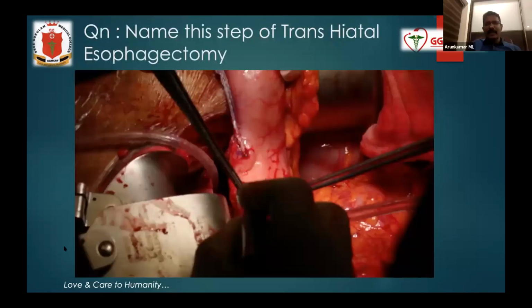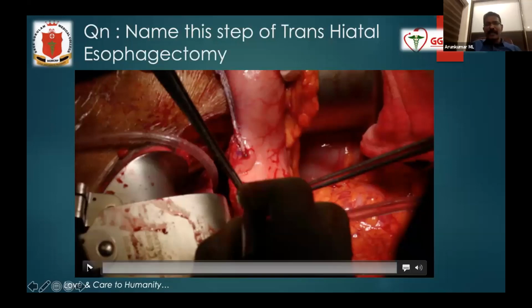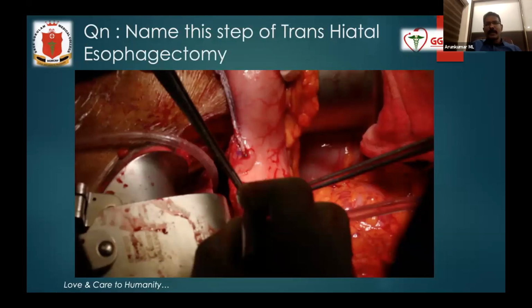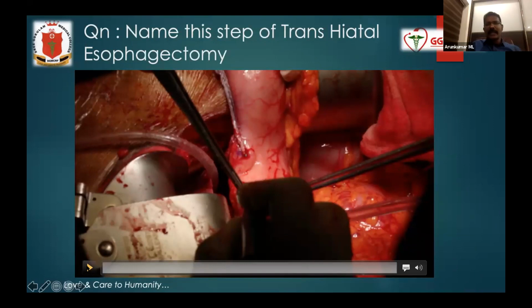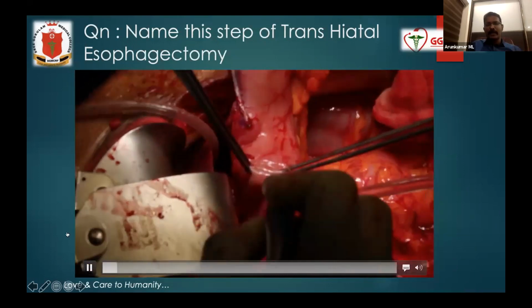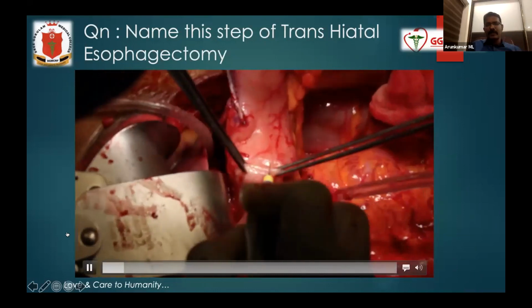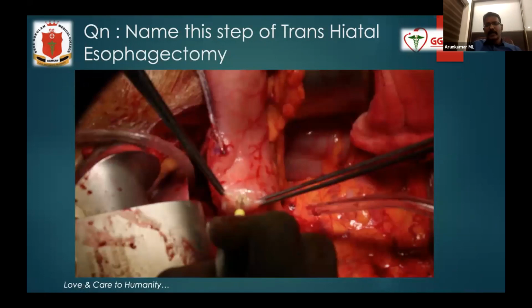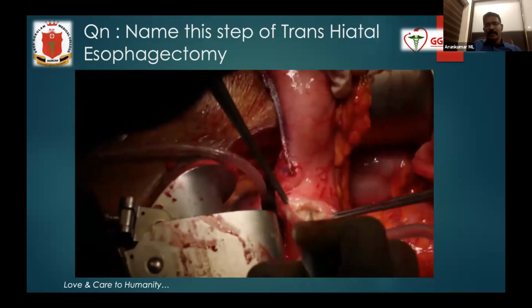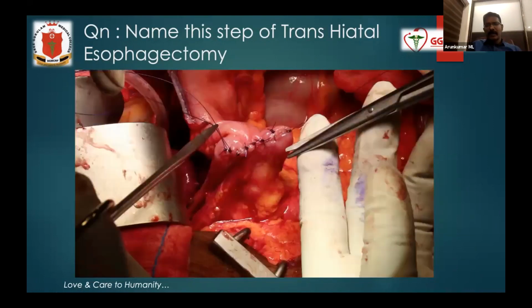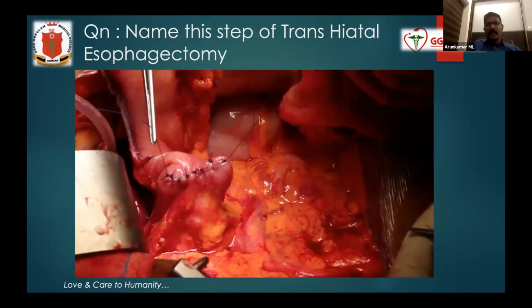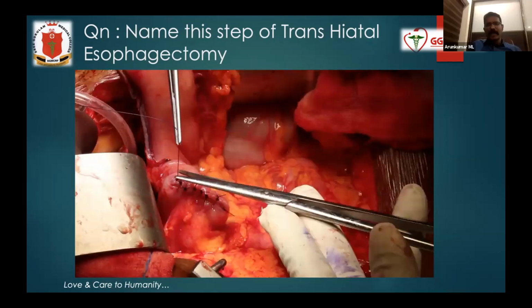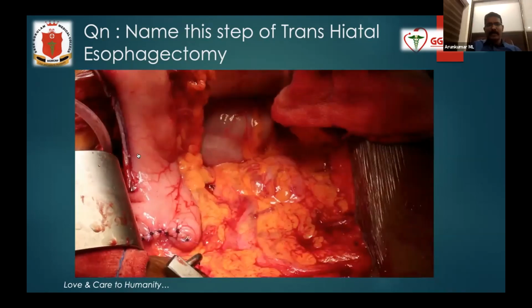Last time it was a radiology based one. This time I thought we will go back to basics. This is one step of surgery in case of transhiatal esophagectomy. Please mention the complete name of this particular step. You can see the gastric tube, gastric conduit being made. It can be an optional step, but it's one of the common steps done during a transhiatal esophagectomy. Back to basics. What is the name of this step?